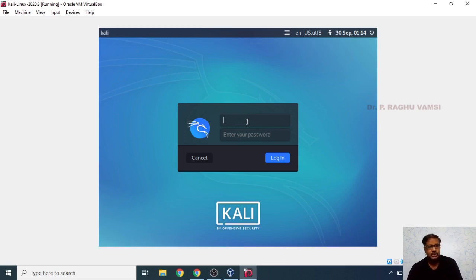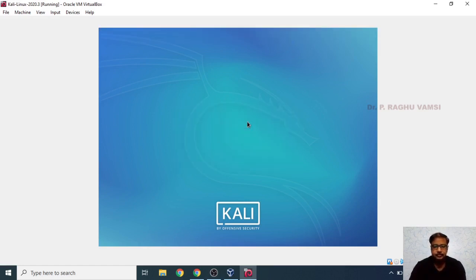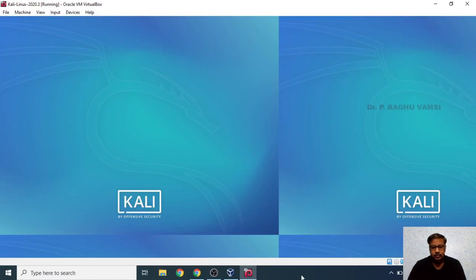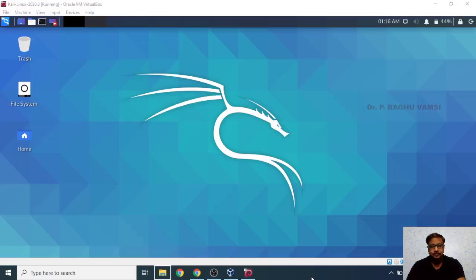But from 2020 onwards, the username is kali and the password is also kali. This is the desktop of the Linux.